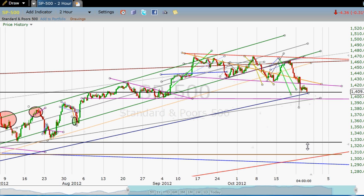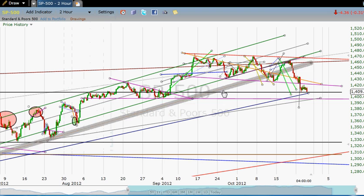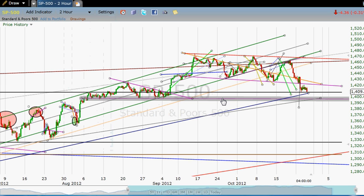Then if we break through this, then you have to say, well, it's looking like 1320s, because I just don't see anything that's going to come into the picture that says, well, here's a good reason why the market should bounce here. So guys, I'm going to just say for now, we got to watch closely where we are here. And again, I'm still open to the idea that this line or something very close to this line that I just highlighted may end up being a technically important line